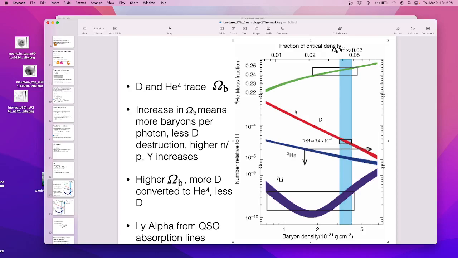The helium-3, there's not a lot of helium-3. It's hard to make. It's hard to find. It's useful. Lithium, let's talk about lithium in a second. So D to H, the deuterium to hydrogen or deuterium to helium-4, tells us the density, and that's really useful. And this measurement is great.